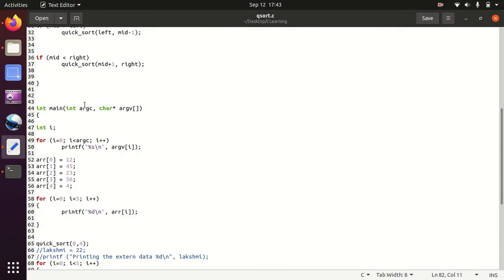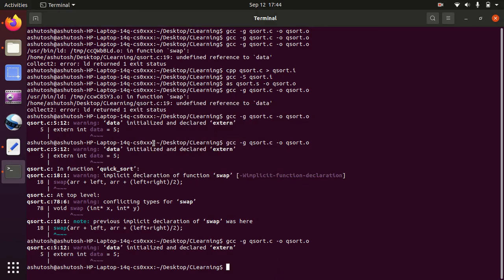So here the main function I have written is in that format only. argc is the number of arguments given on the command line while executing this program, and argv is the list or the array of all those arguments. So you can just run a loop over the number of arguments on the command line and print each element. Fine. So let's say